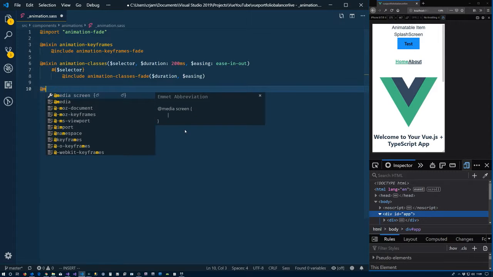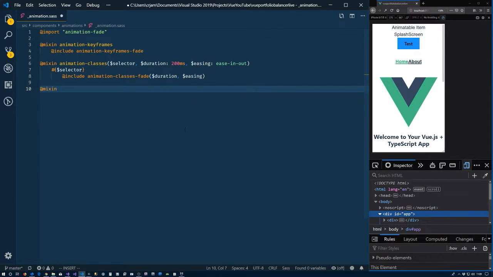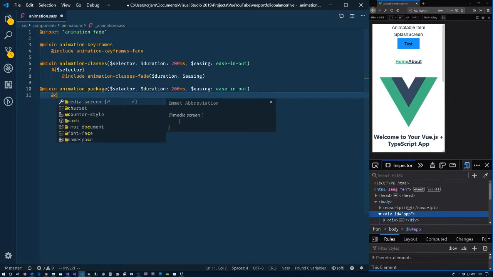So let's just create our one last mixin animation. We'll just call it animation package. Has the same set of stuff that we need. So let's just put it right there. And what we'll do is just say @include, ooh, messed that all up. Include animation